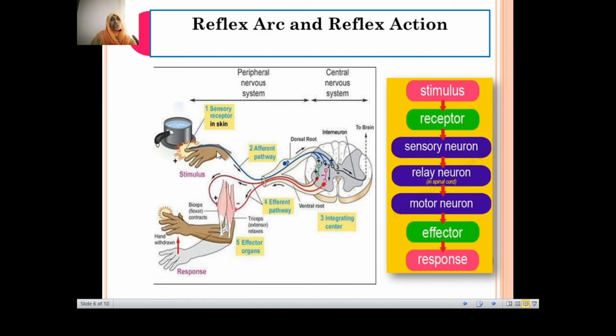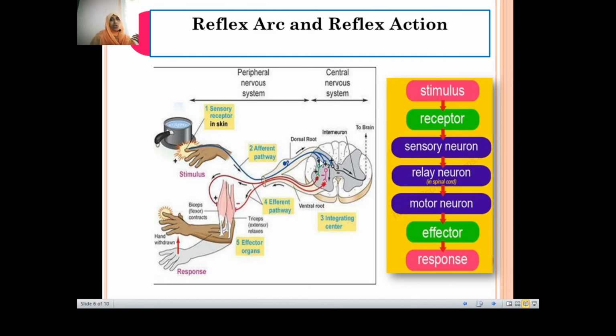See, whenever you see something hot, you know it is hot, but if unknowingly you touch anything hot, you try to withdraw immediately, right? You try to withdraw your hand before it is burnt too much. And this process happens without you thinking about what's going to happen. Immediately there is an action. The sensory receptors present in the skin sense it, and this is passed along a sensory pathway, which in turn leads to the spinal cord.